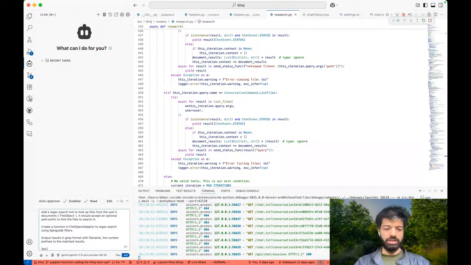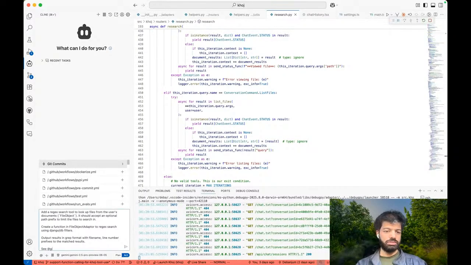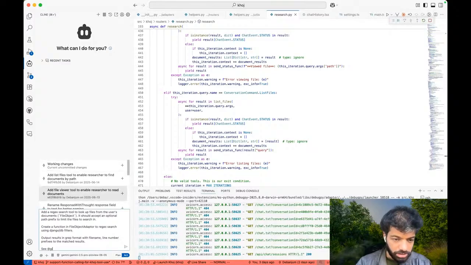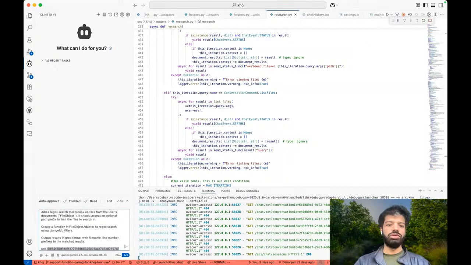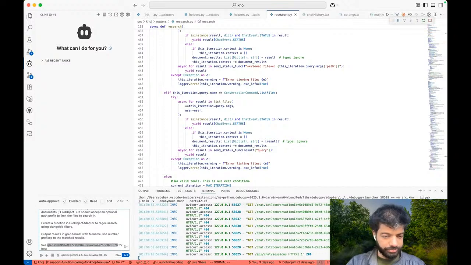And then I'll give it the earlier commit, the file viewer tool that we built, just to give it an idea of how to wire the whole thing up with research mode. Hopefully it has enough context to do the wiring correctly. See this for how to wire up the tool and look up.